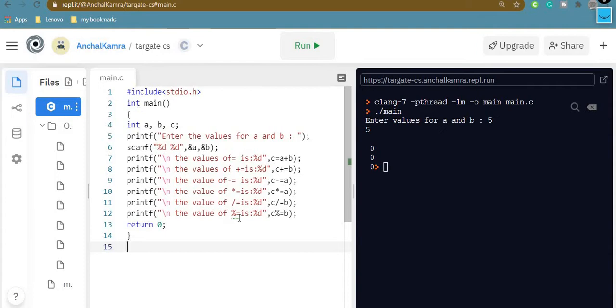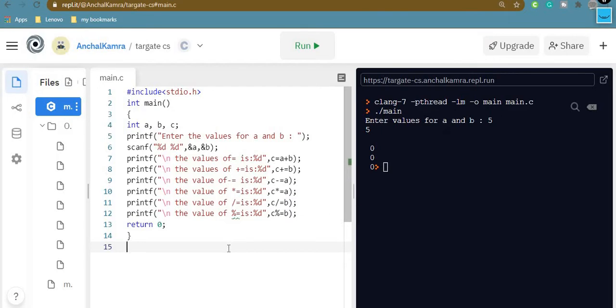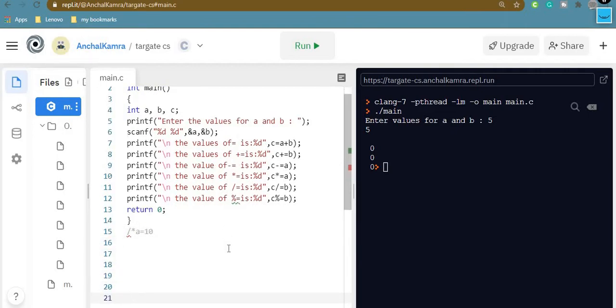Okay, here is our code. Let me check what's the warning. Okay, there's nothing like that. There's no warning because this is an expression, so there will not be any effect on the output. So we are entering values. Now let me just solve it for you first, and then we'll do the processing part. Then I'll be executing it. Now suppose A is having 10, right? I'm just writing star over here so that I can write endless comments.